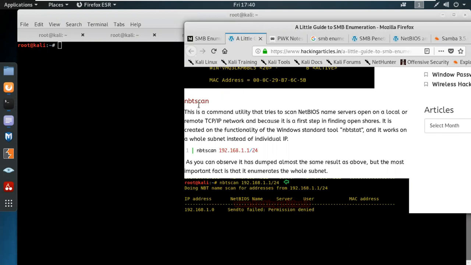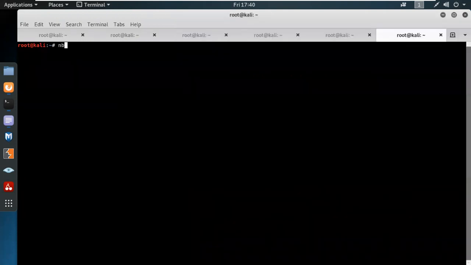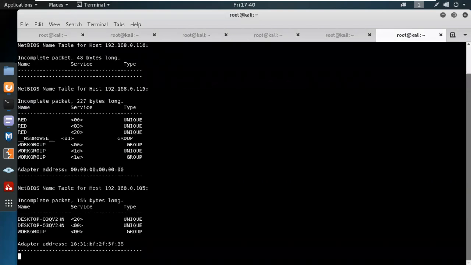This is a command utility that tries to scan the NetBIOS name services open on a local or remote TCP/IP network. So if I use nbtscan here, I use -g and -r as well, we have to give the range, /24. See,